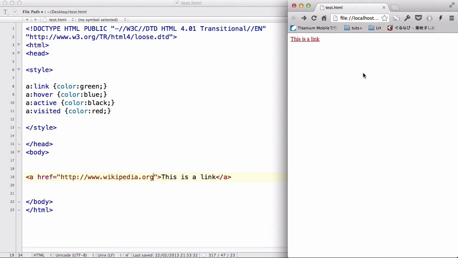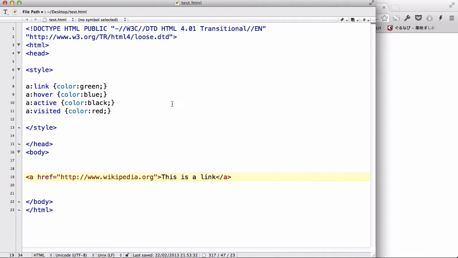Now, because it's in our a:visited state, the color of our link is red, like so. Now we can use this a:link, hover, active and visited state not just for colors, but for loads of different stuff. Now remember, in my previous video about 3-4 maybe a bit more videos ago, we used the text decoration